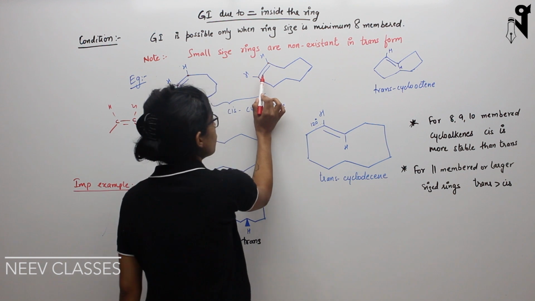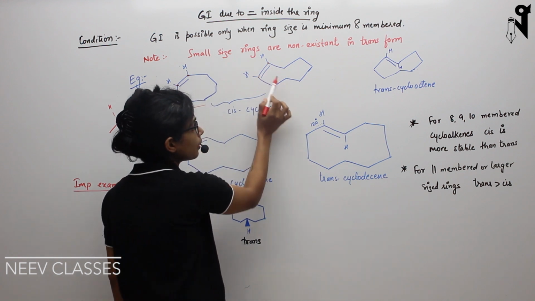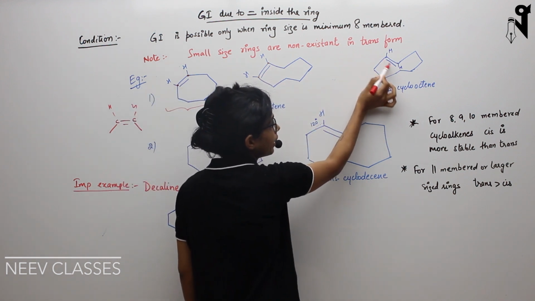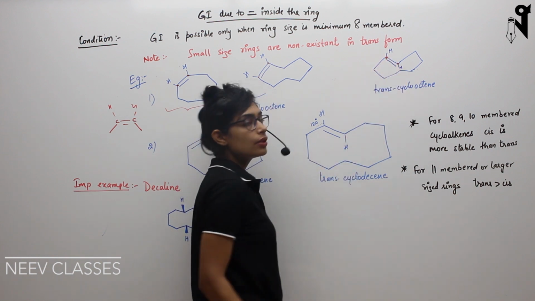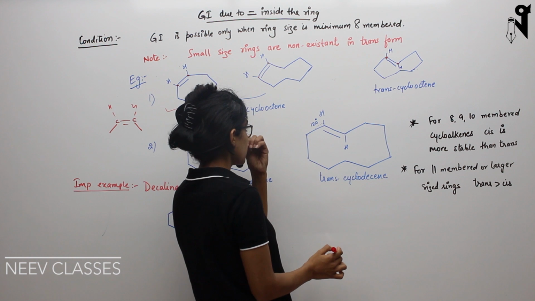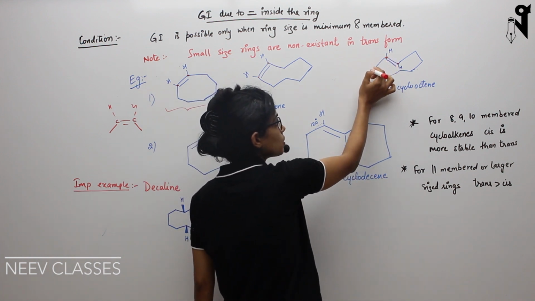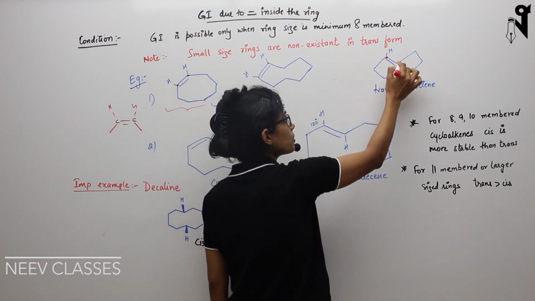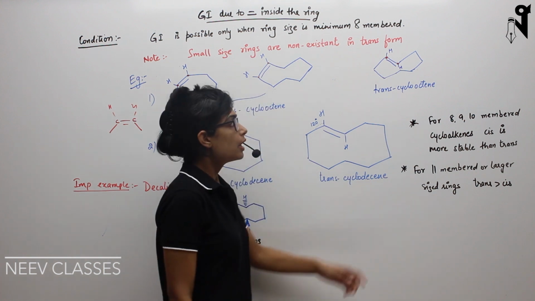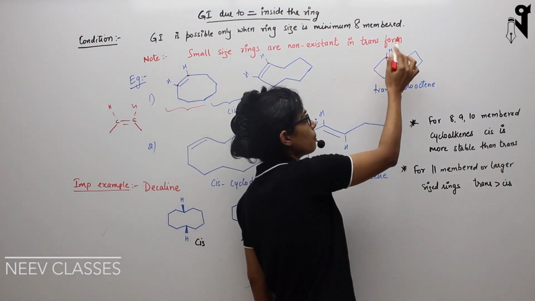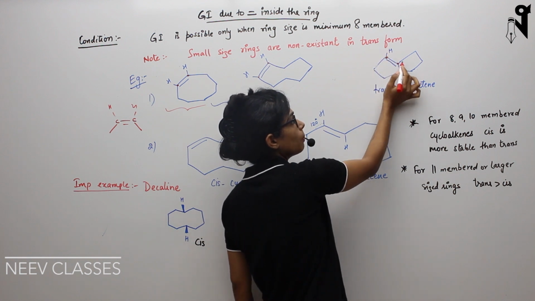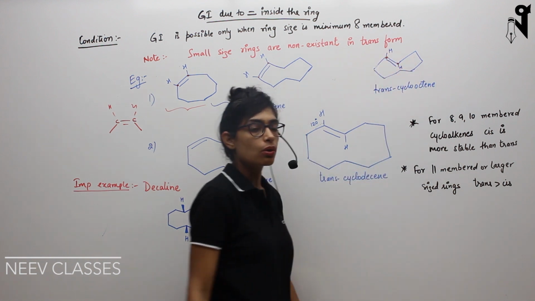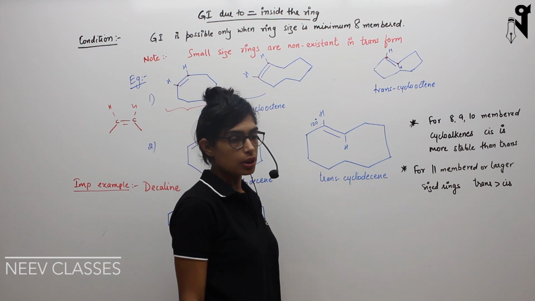So instead of the double bond being here, if I shift the double bond here, which I have done over here, this is one carbon in the reference and this is another carbon in the reference. Now look at the R groups and how they are attached. One R group is going down and one R group is going up. Now the hydrogens will be opposite to the R groups. If the R group is going down, the hydrogen will go up. If the R group is going up, the hydrogen will go down. So this is your trans-cyclooctene.